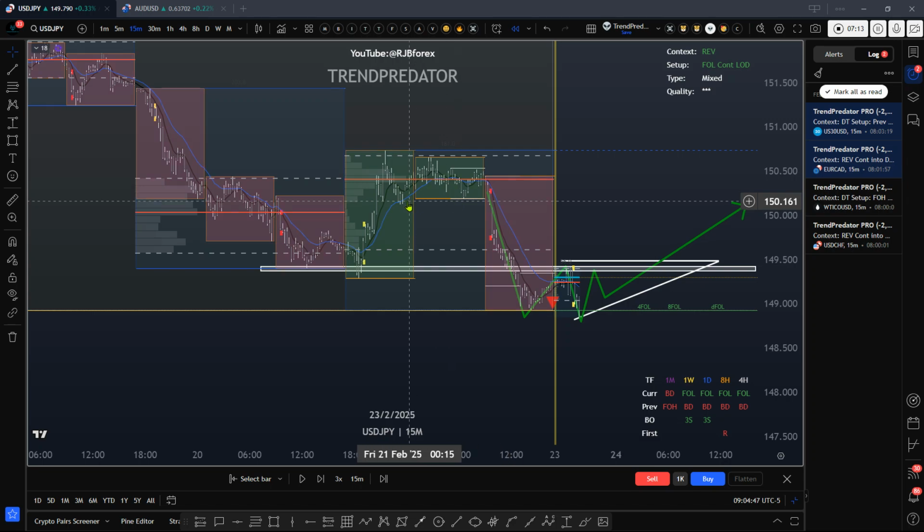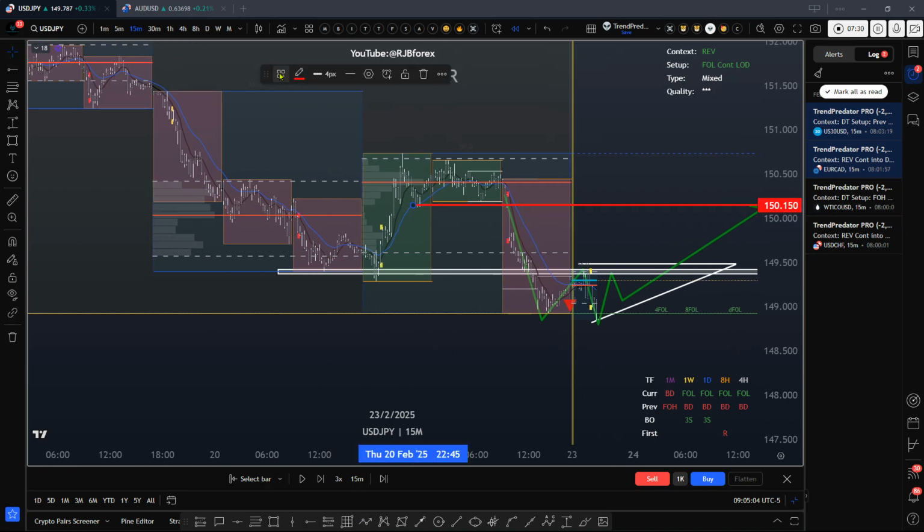So in the previous PDF, I was showing you we were using the previous day's low as a death line, but in this here, we can use the session low, the Asian session low as the death line. It's fractal, markets are fractal. So what happens on the days can happen on the day itself. And that there was a death line set up to go short. Okay. So over here,